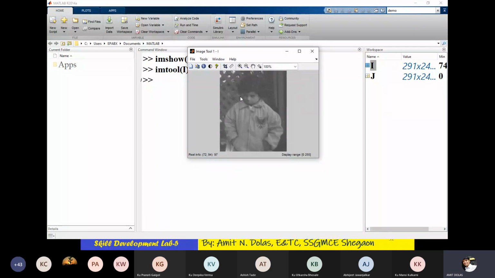So if I hover the cursor somewhere, you can see pixel information is changing. Here somewhere it is different, here somewhere it is different.